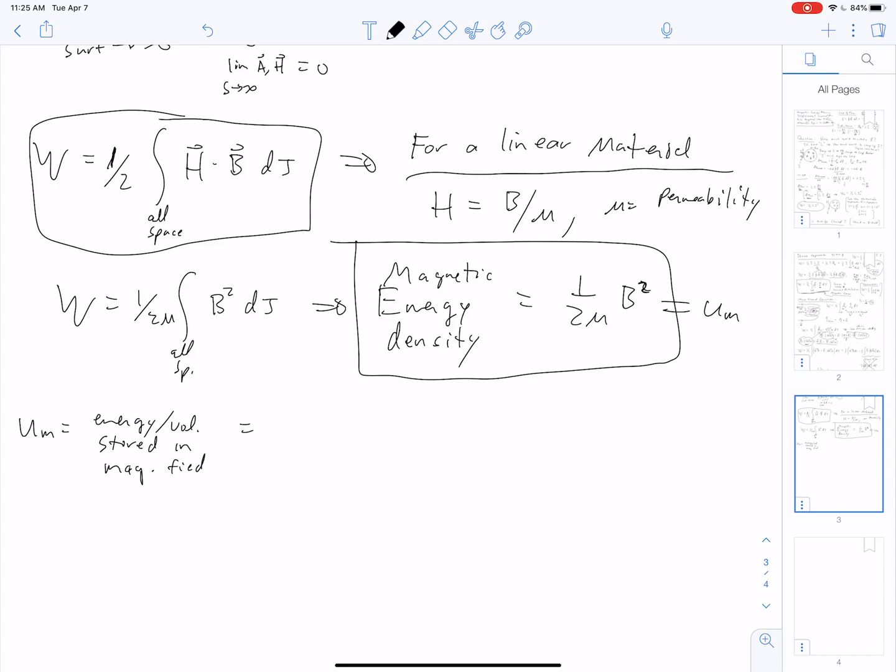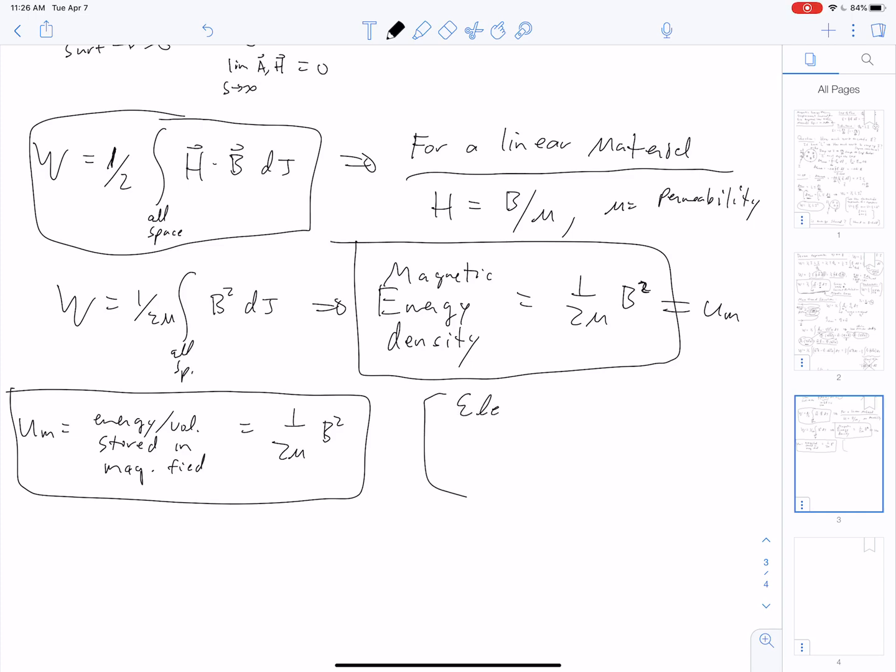And it's equal to, of course, 1 over 2 mu B squared. And this should look familiar, because it should look very familiar to the electrostatic case. It should remind you of that, because we know from the electrostatic case that there's energy stored in an electric field too. So for the electrostatic case, we had